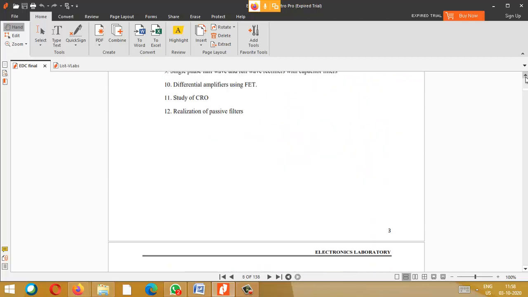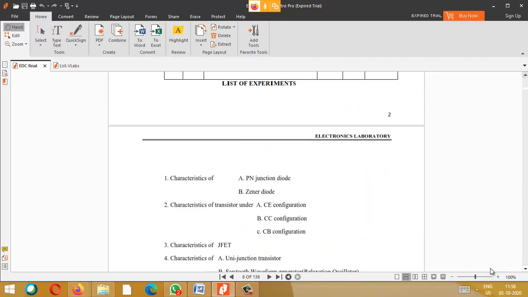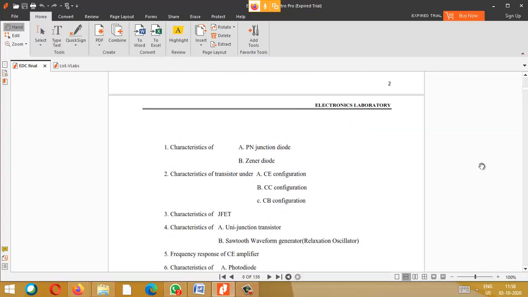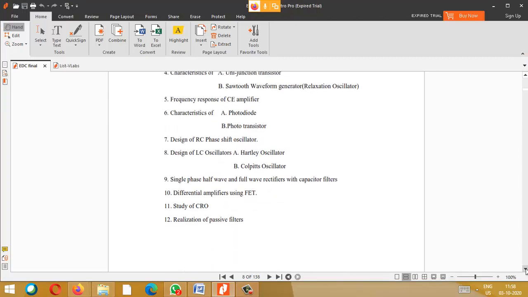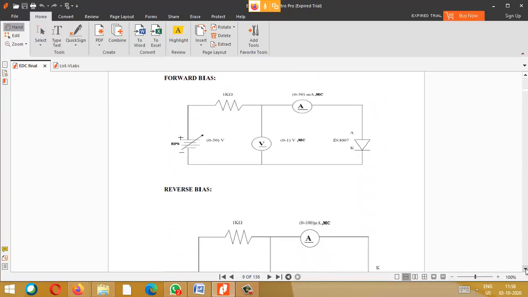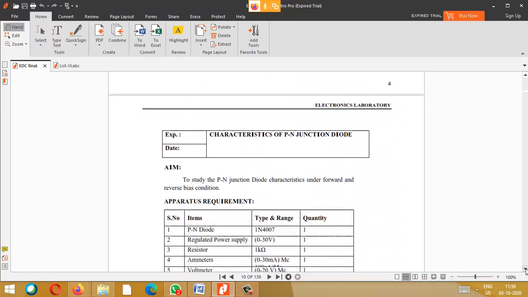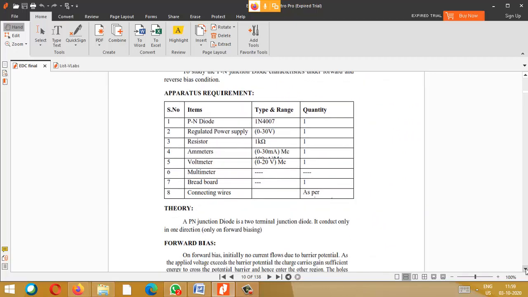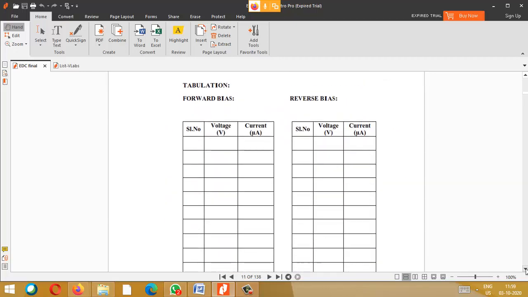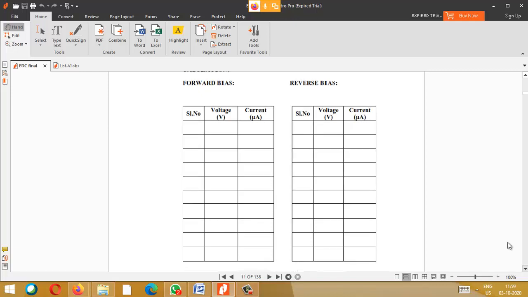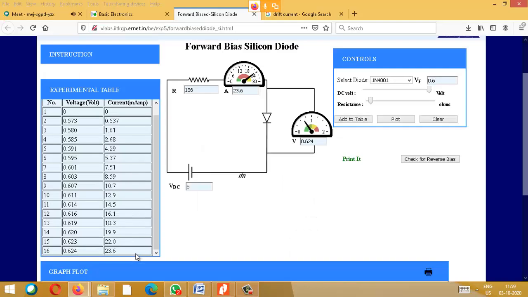Something should be there on the left hand side of your note and something you have to write on the right hand side. I think from school we have practiced that your circuit and tabular column will be on your left hand side. So this diagram you have to draw on the left hand side, and all this content you have to write on your right hand side. Similarly this is on the left hand side. So to fill this tabular column alone, we have done this simulation. In this simulation you can draw. So this is for forward characteristics.